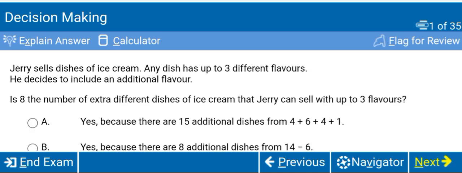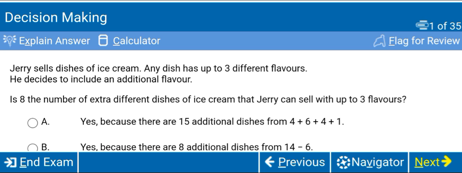So here we have the first question of this type. We have 35 questions total of this type. So we are at question number 1 out of 35. Jerry sells dishes of ice cream. Any dish has up to 3 different flavors. He decides to include an additional flavor. So the question is: will the number of extra different dishes of ice cream that Jerry can sell with up